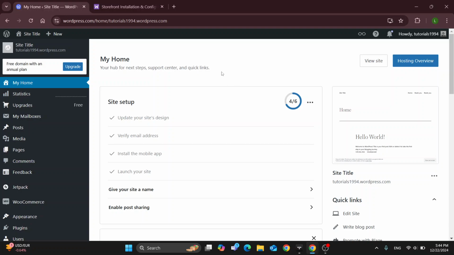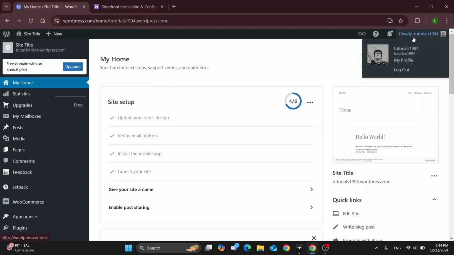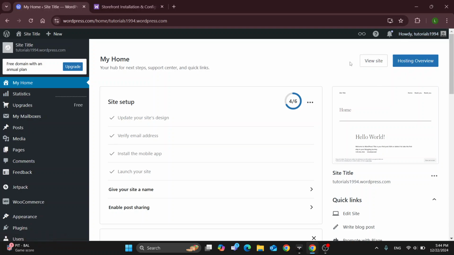So the first thing you want to do is to open up the official WordPress website right here at wordpress.com if you're not already, and after opening it up, you'll be greeted by this main page right here where in the upper right corner you can get started logging into your account. So what you want to do is to log into your account if you're not already, and after doing so, open up your website where your store is, and you'll be greeted by this home page right